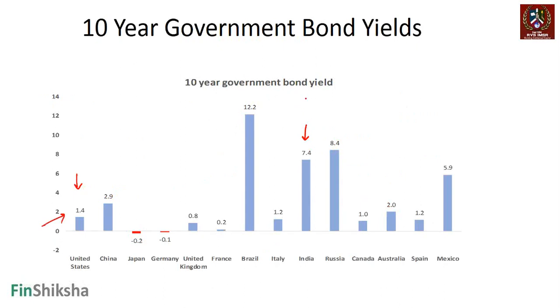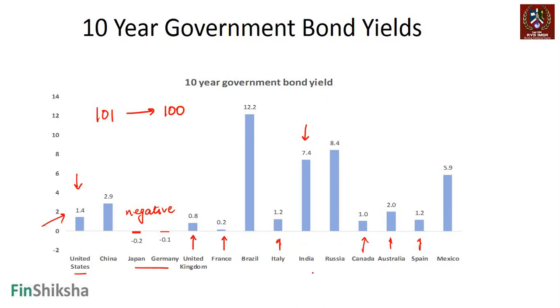We look at the 10-year government bond yields for some of the countries. Most of the developed world, as we speak, is in a very low rate regime. You look at the US; Japan and Germany are actually interesting because they have negative yields, which means if you're buying the bond at 101, at the end of the tenure you're getting 100. That does not make too much sense, but that's how the world is at this point in time. UK has rates at 0.8%, France at 0.2, Canada at 1, Australia at 2, Spain at 1.2,